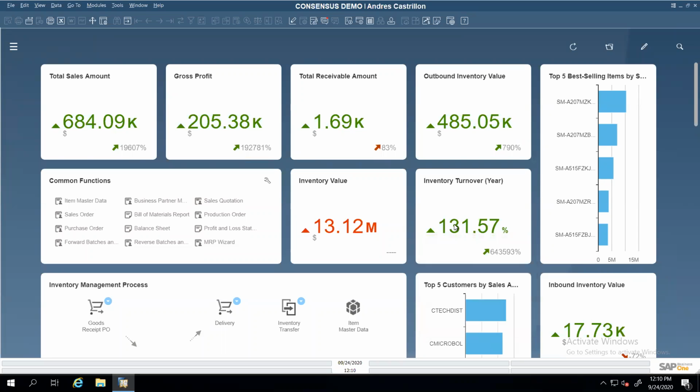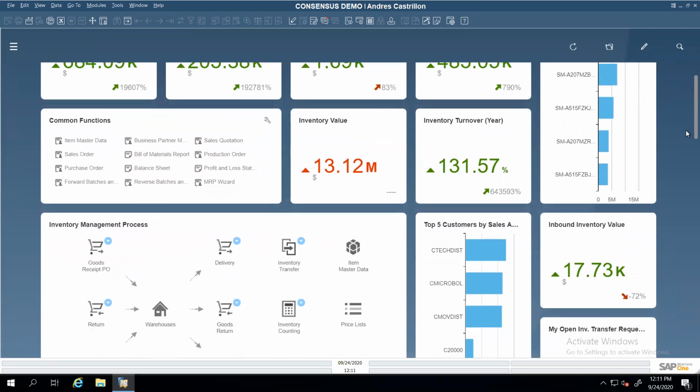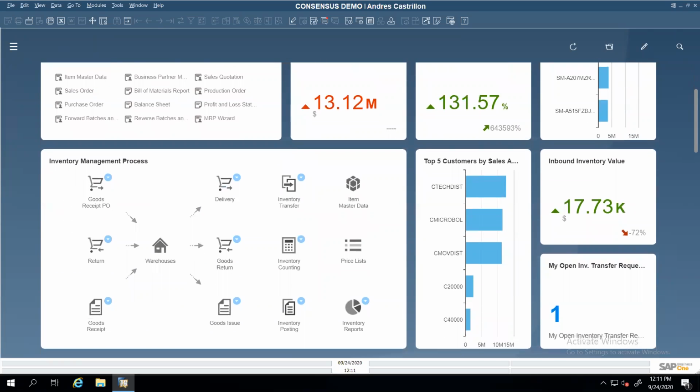And I could modify this key performance indicator to show me colors, yellow, red, blue, green, so I can see where I am pretty quick. And then what are my other metrics? What are, for example, my best-selling items? What are the items that I have that are like class A items?